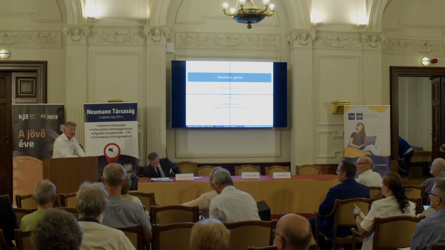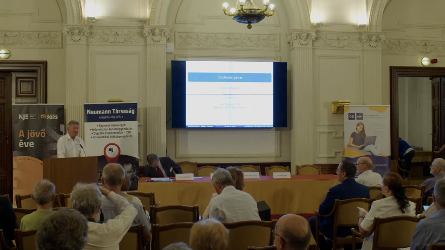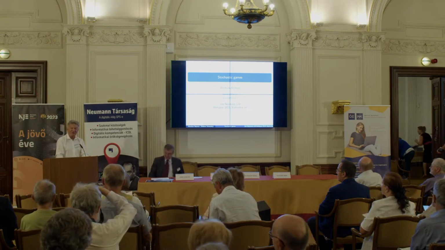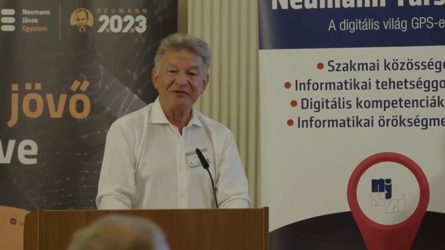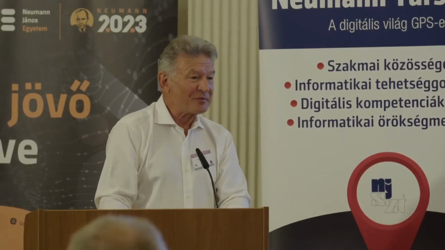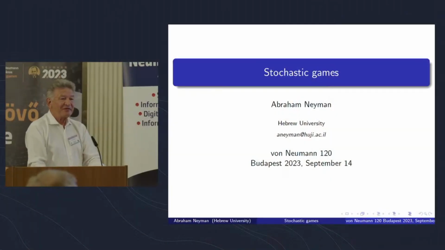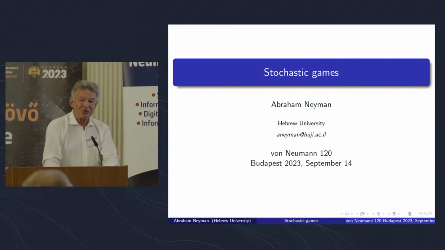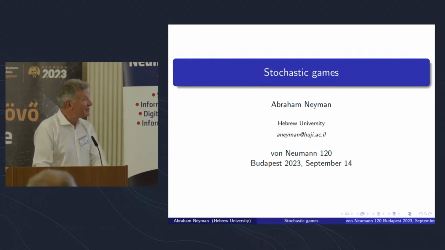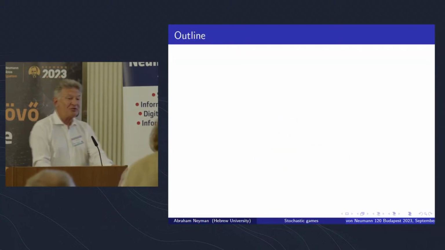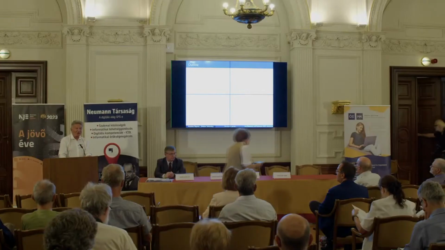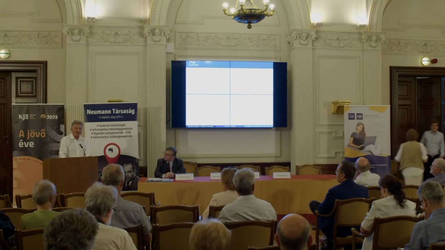So it's a great pleasure and honor to speak in a conference of my scientific hero, John von Neumann. The topic is a topic in stochastic game theory, which is called stochastic games, and later it will be clear why I choose this particular topic. And it's always good to start a talk with an outline,